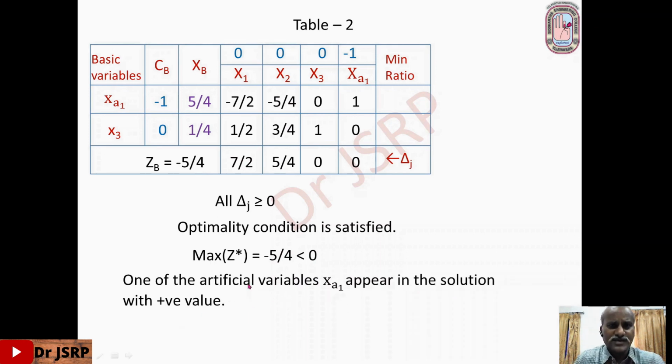So in this case, the problem has no feasible solution. That is, the problem has an infeasible solution. That means an artificial variable is positive. Since we are adding artificial variables in equalities, that violates the equality. So to maintain the equality in the final solution, each artificial variable should be 0. Suppose an artificial variable appears in the solution with positive value; to maintain the equality, to compensate this value, one of the other variables becomes negative. So that means the solution is infeasible.